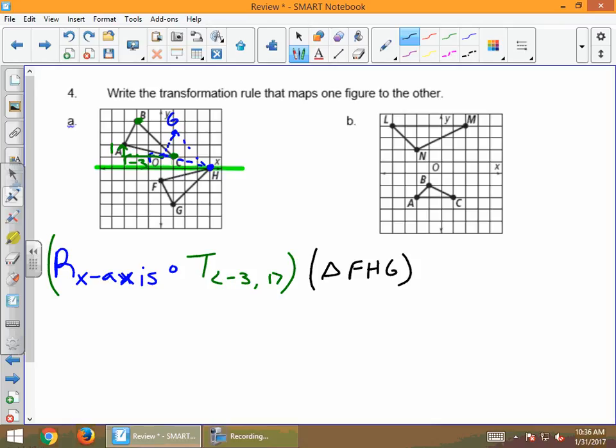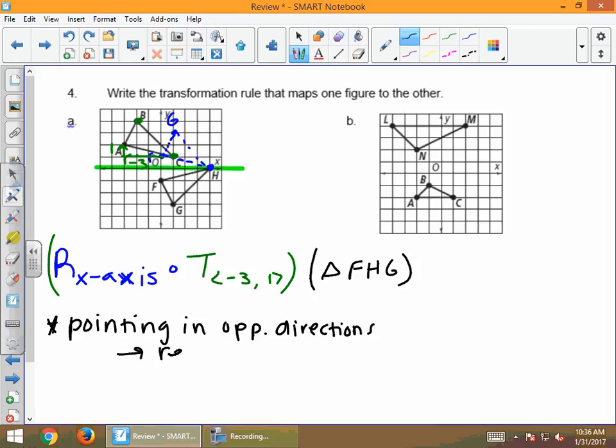Okay. And if you want to make a little note to help you out, how I like to look at things is pointing in opposite directions. That's indicating a reflection. Okay? If it's pointing in different directions, so not necessarily opposite. So opposite would be one's pointing right and one's pointing left. Okay? If they're pointing in different directions,